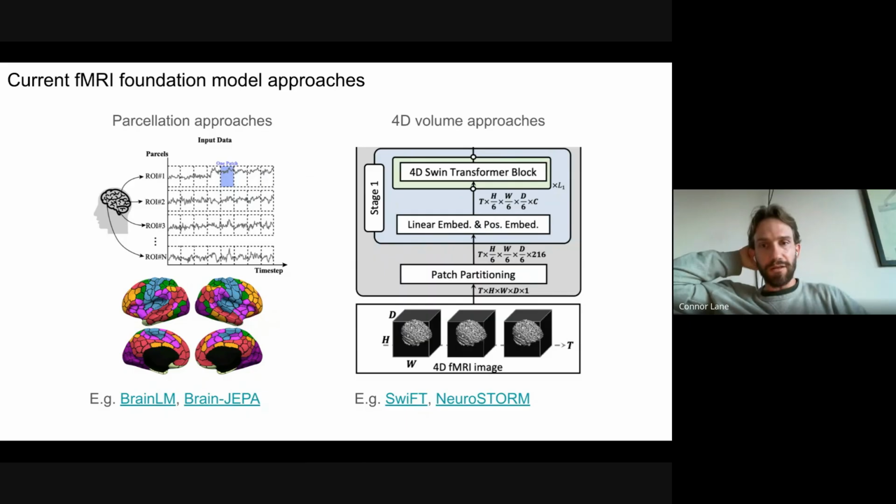By contrast, another approach at the other extreme is a 4D volume-based approach, where instead of doing this parcellation averaging strategy, you just take the raw 4D fMRI data directly. And this has no loss of information, but at the same time, it's quite complicated to model the data directly. You're not taking advantage of any of the known properties of the cortical folding or the map of areas or any of that stuff. It's just a very raw, native approach when you try to model the 4D fMRI data directly.